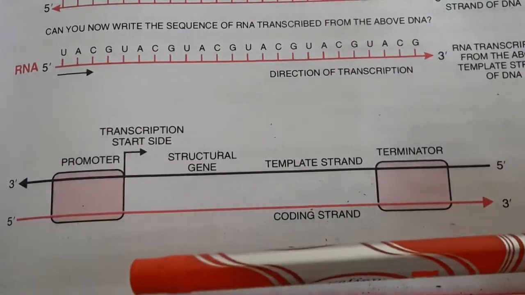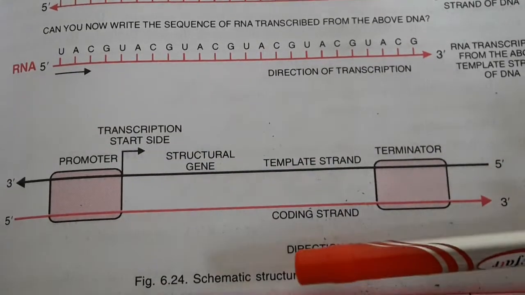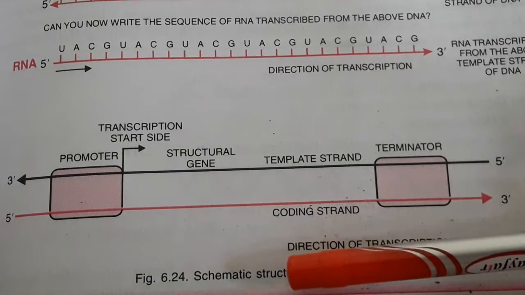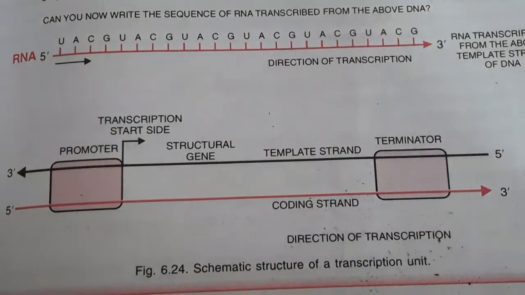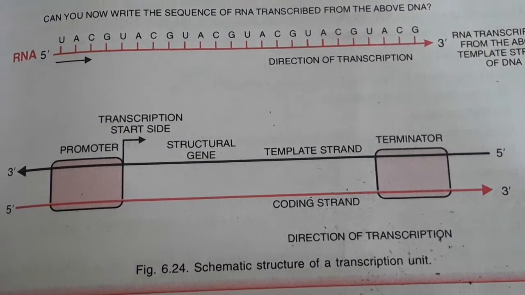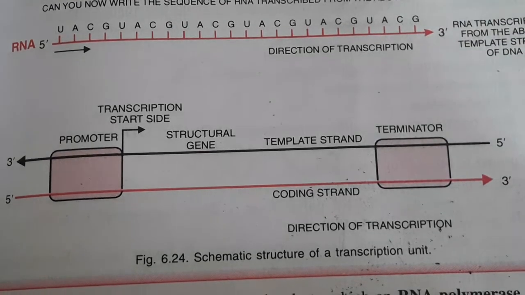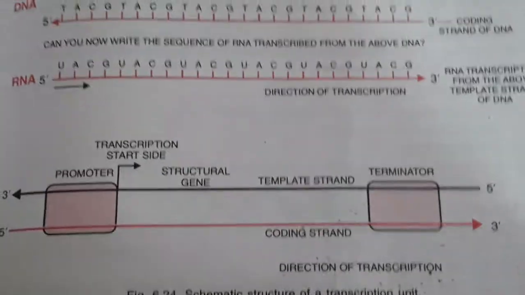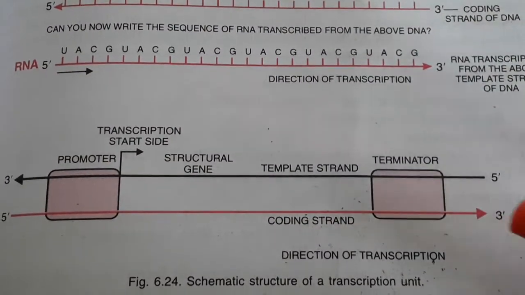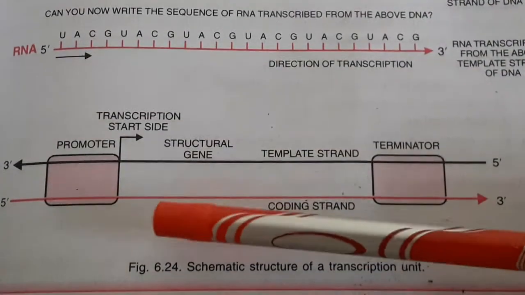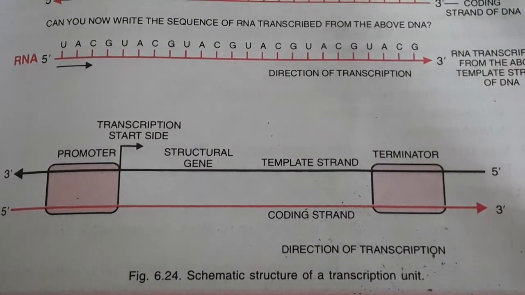Now this promoter, it is not that it will bind to any position. There are some specific points of attachment of the promoter. In case of eukaryotes, there is a particular region which is rich in AT base pairs, and that we call the TATA box or the Goldberg-Hogness box. That means that particular region consists of many AT base pairs, and for which that particular region is considered to be the origin where the promoter will get attached. And in case of prokaryotes, it is known as the Pribnow box.